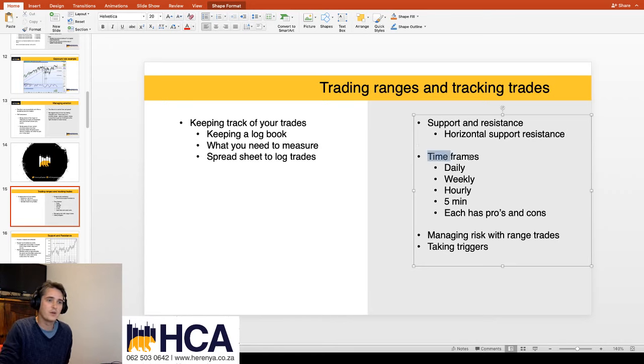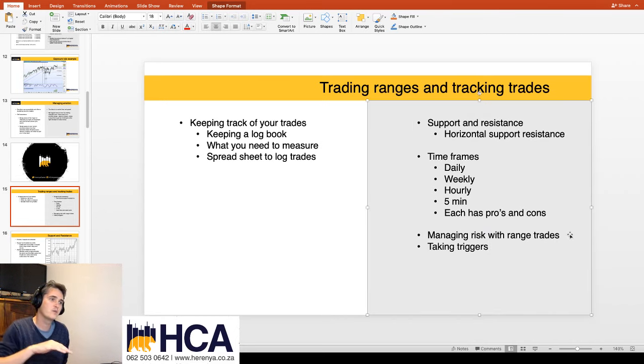Then we're going to be talking a little bit about different time frames and why they're important when talking about support and resistance. We'll get to those a bit later, and then managing risk with these trades, and then taking these triggers. So these are the various things that we will be talking about tonight. And then later on, we'll also look at keeping track of your trades. Obviously, you have to keep a bit of a record of the things that you do, the decisions that you make. The reason that you do that is so that you can